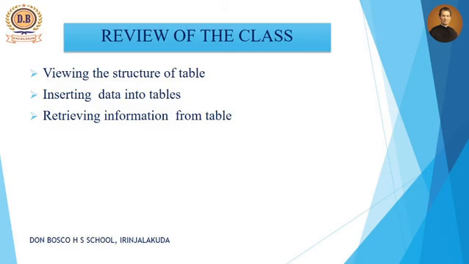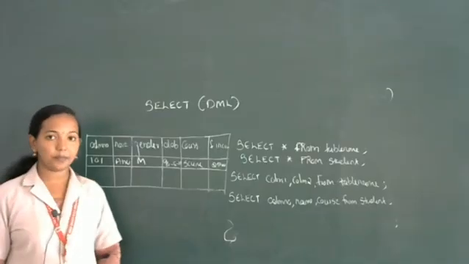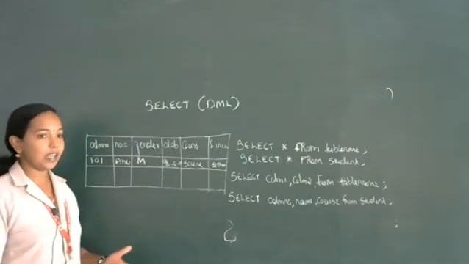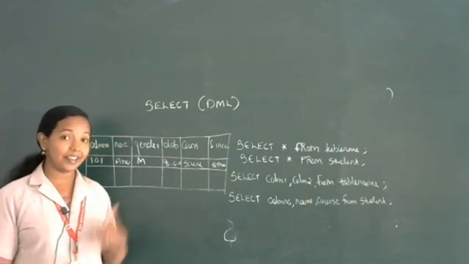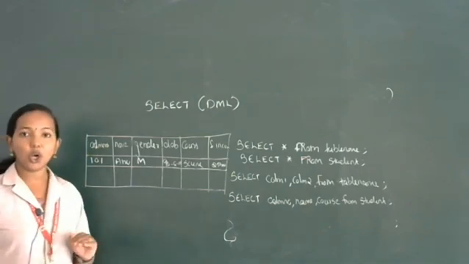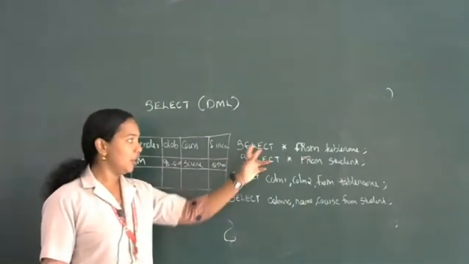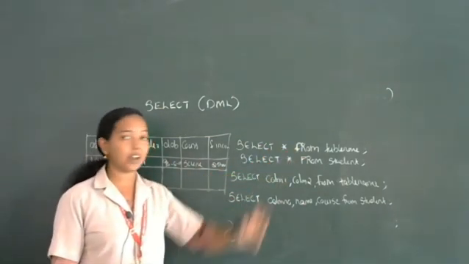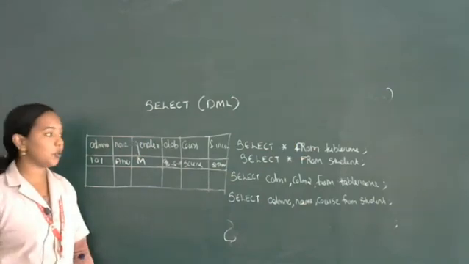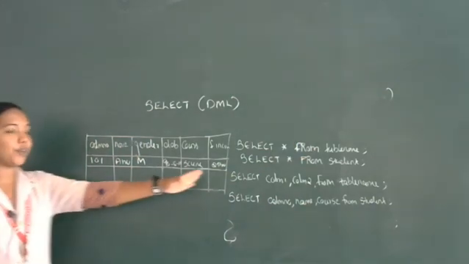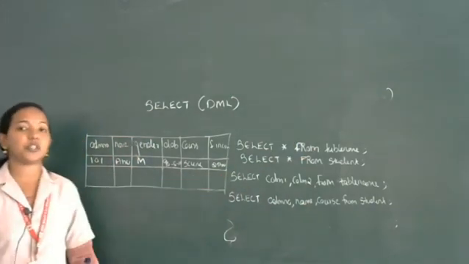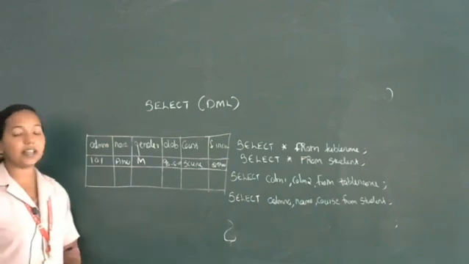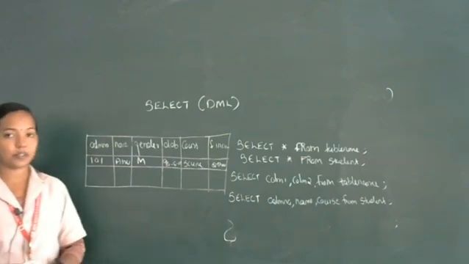For retrieving information from a table, what are we using? Select command. Using select command, we can select the entire table and also we can select column names. So these are the 2 examples. To select the entire table, we write select star from table. If you want to select only the columns, then specify the column names, and after that from which table we are selecting. Then we will get the corresponding columns.